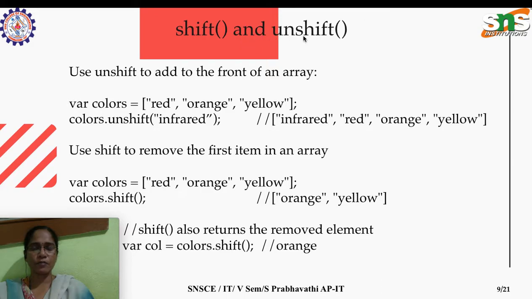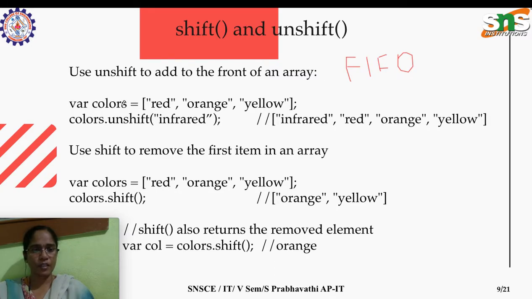And shift and unshift is similar to queue. Okay, so queue works on the principle of FCFS, first come first served, or you can say first in first out. It means what are the items you are adding into an array. So using the unshift method, so unshift is used to insert an item into the array at the first position, whereas shift is used to retrieve the item from the first position.